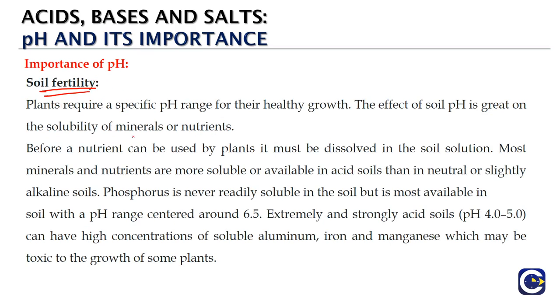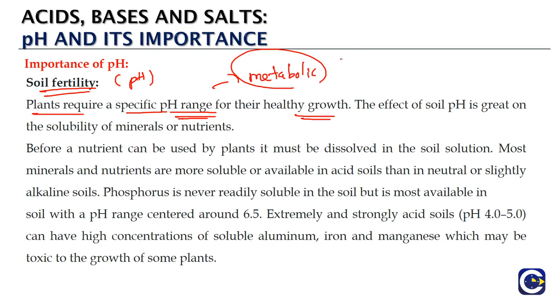Soil fertility also depends upon the pH value. As such, plants require a specific pH range for their healthy growth. Like most metabolic processes, they happen under some conditions of pH and even temperature. So suitable conditions of pH and temperature are required for the metabolic process to happen, and that will be essential